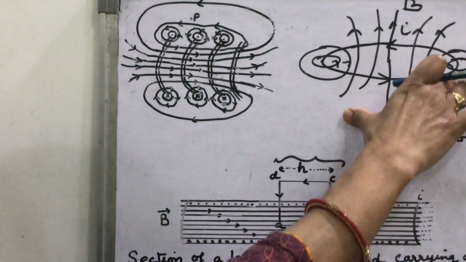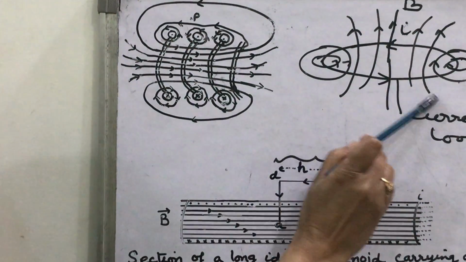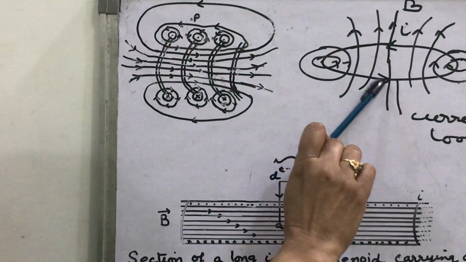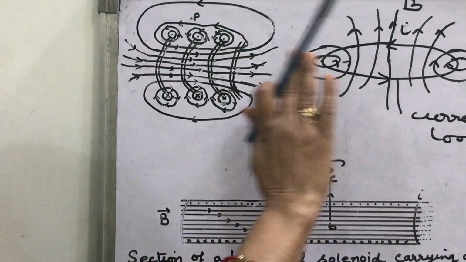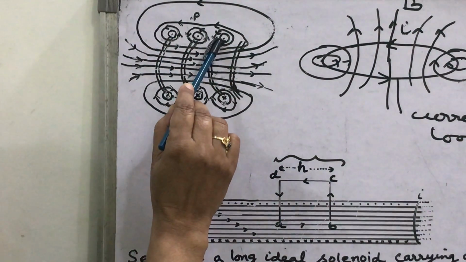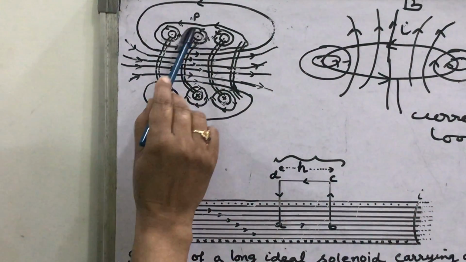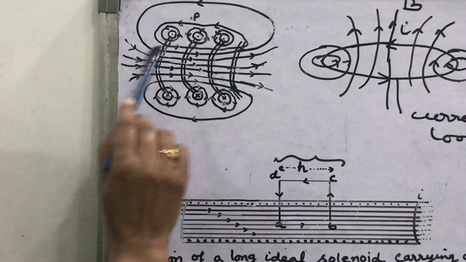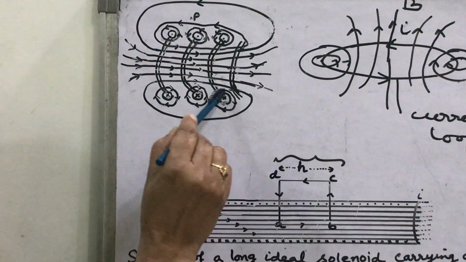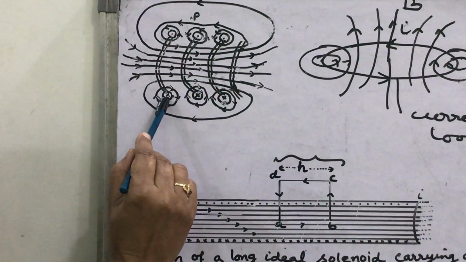Suppose you tilt this by a rotation of 90 degrees, then it will become a single loop like this. And a solenoid is made up of so many loops like this. So I have shown the longitudinal cross section of all the loops with the directions of currents, and the topmost point of the loop behaves like a straight wire. Concentric circular magnetic field lines are shown at the top, and at the bottom, where the current enters, these are the crosses, and concentric circular lines are shown at the lowermost point of the loop.